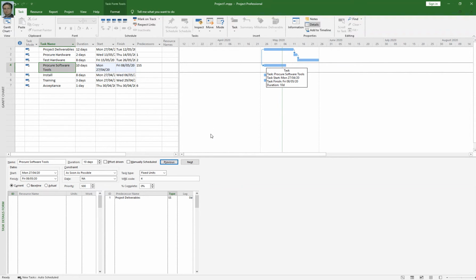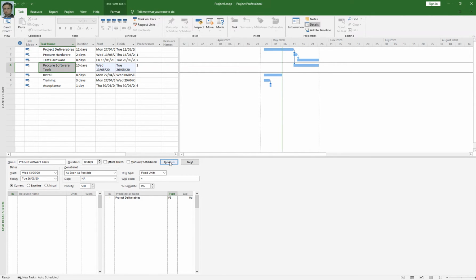So this is how we can make different relationship types, like start to finish, click on OK button, finish to finish, click on OK button. So you can make changes according to your project need. So I'm just going to make it finish to start, that is the default relationship type.